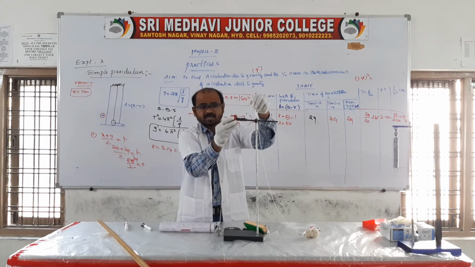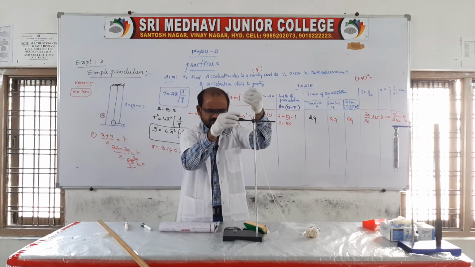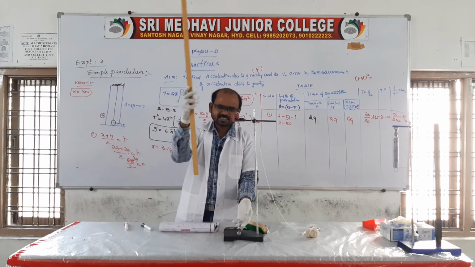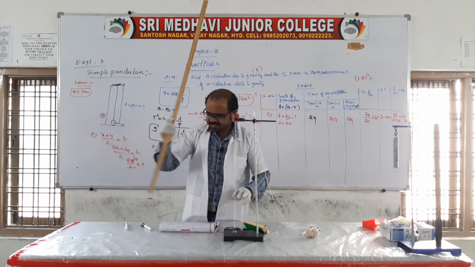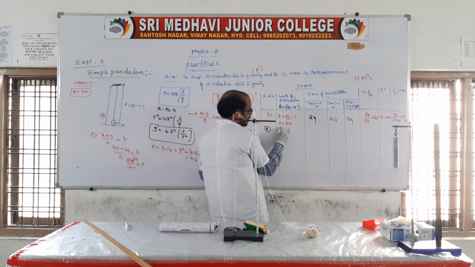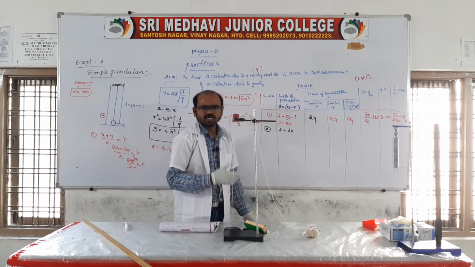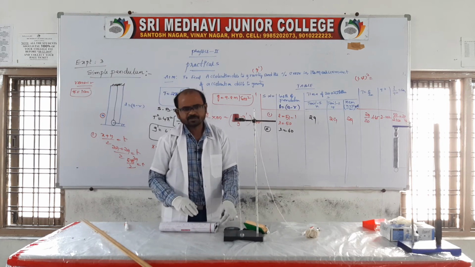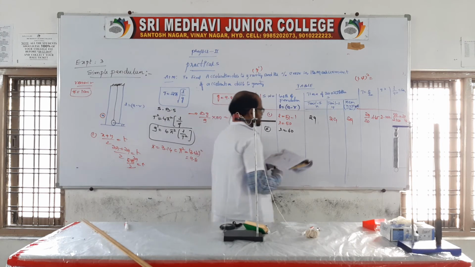So for the second length, because we need 2-3 readings, again you measure using a meter scale, noting down till the end of the bar as 61. Now you subtract 1 from the 61, then we get 60. Again you do the same experiment: pull it aside and release it and count 20 oscillations. For the 20 oscillations, note down the time using the stop clock.